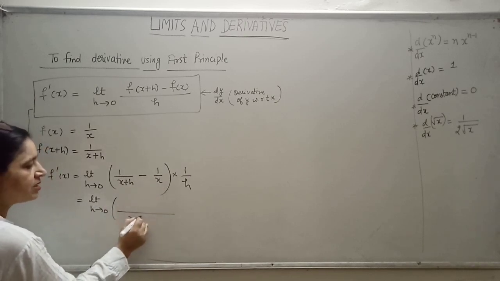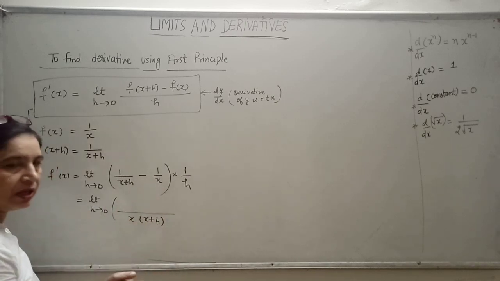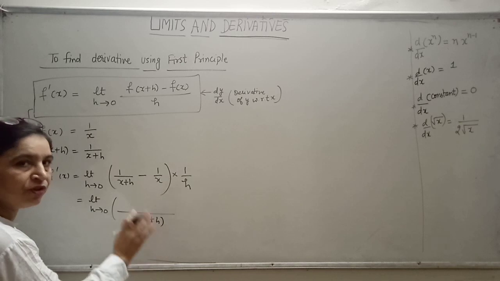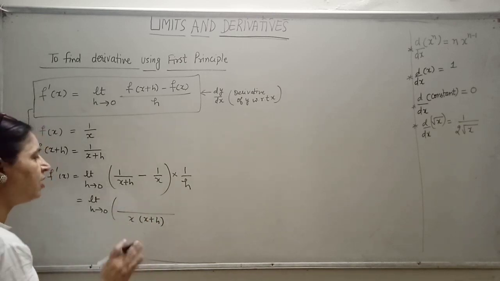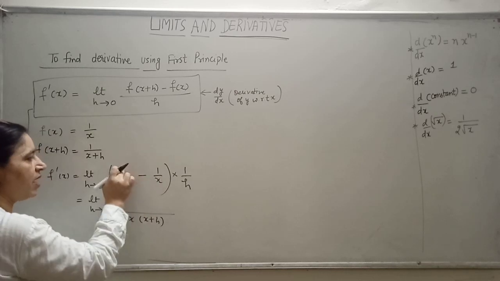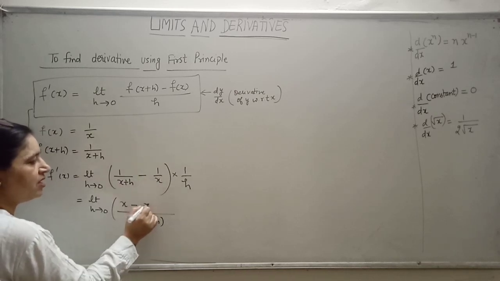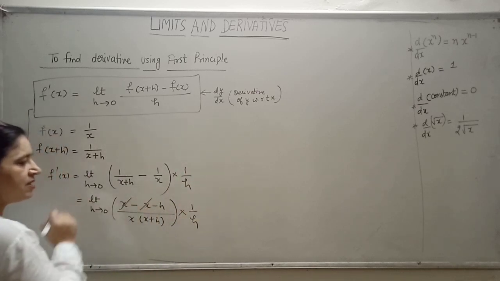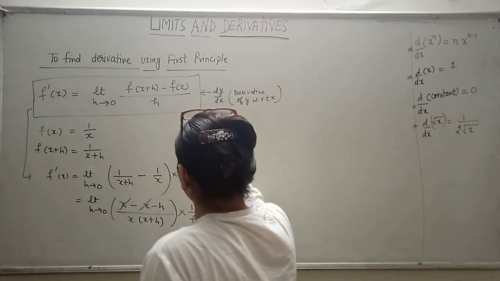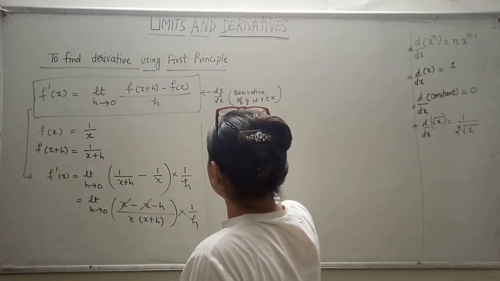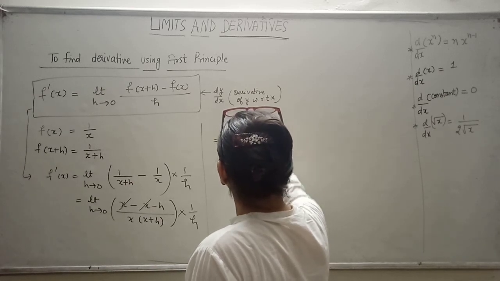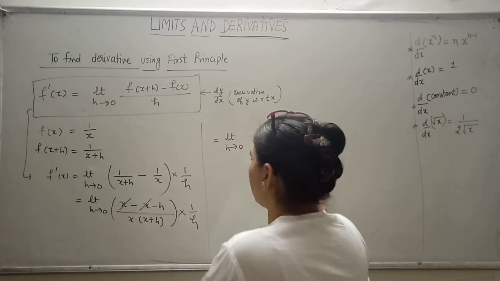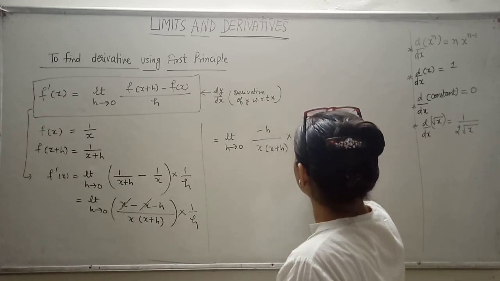So now limit h tends to 0, take the LCM of these two, x plus h. Students, let me tell you one thing, whatever comes here in the denominator, no need to multiply it, never ever multiply these two if you are finding the derivative by using the first principle, okay. Now simplify only the numerator, so x into 1 is x minus, this will be minus x minus h into, this is 1 by h, so x and minus x are cancelled, so now you are left with limit h tends to 0 minus h upon, this is minus h and this is x into x plus h, no need to multiply these two, I am again telling you, into 1 by h, so this h is cancelled,